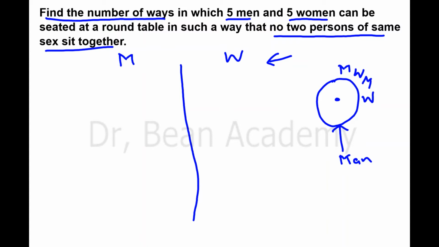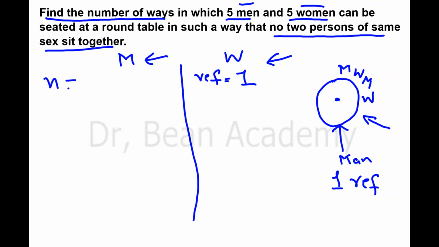That is easy. But there is a little twist. When you want to calculate circular permutations, first decide, because you need only one reference, not two. They will sit at the same table. So if they want to sit at the same table, you need only one reference. Which one do you want to make the reference? Do you want to take the reference from the group of men, or from the group of women? It's up to you. So I will decide, let's take the reference from the group of women. So I will take reference 1. Okay, so now I don't need to take a reference from the group of men.